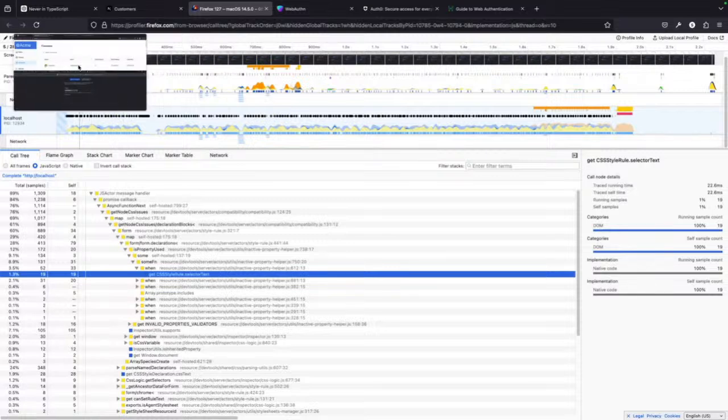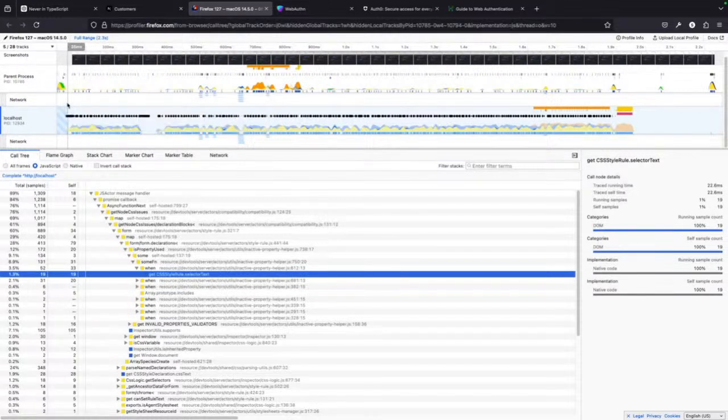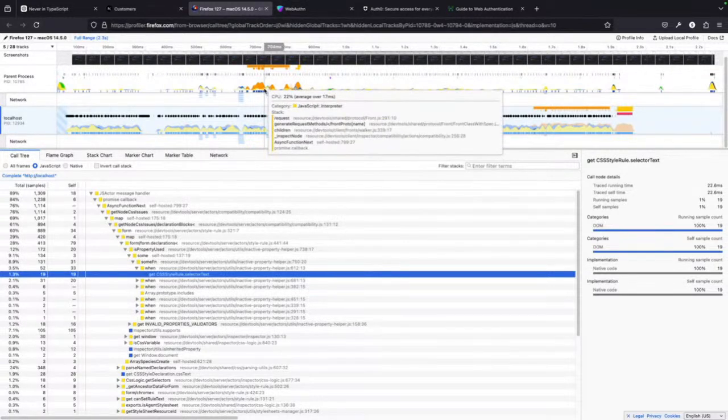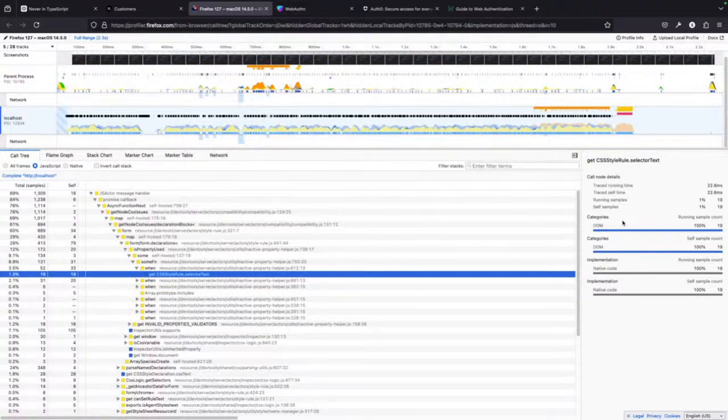Now, if you know how to read this or take it a little further, the browser is still fine. Even at this point where our CPU usage is spiking, there is nothing too serious for the browser to handle. So these are some of the advantages that Next.js brings to the table.